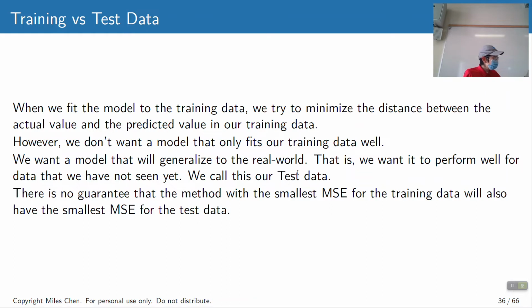And similarly, if you have your training data and you say, I want to make perfect predictions for my training data, you can get a model that works really well for the training set, but then when you take it out into the real world, it's going to do poorly. Now, testing how it works in the real world requires you to gather new data. So a lot of times, we'll take the data that we have and intentionally split it into a training set and a test set. We'll talk about all of that.